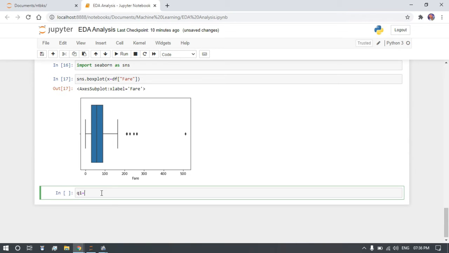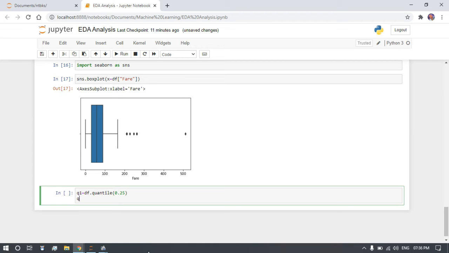So here I'm going to write Q1 equals df dot quantile, and I'm going to write 0.25. I'm going to specify Q3 as well: df dot quantile 0.75, which is nothing but my third quartile.